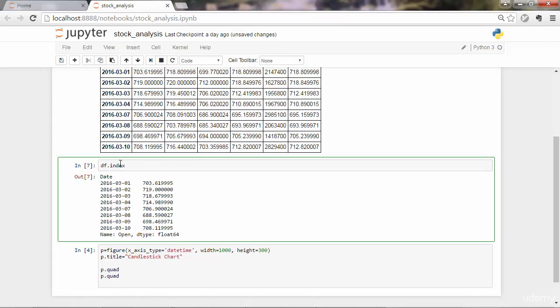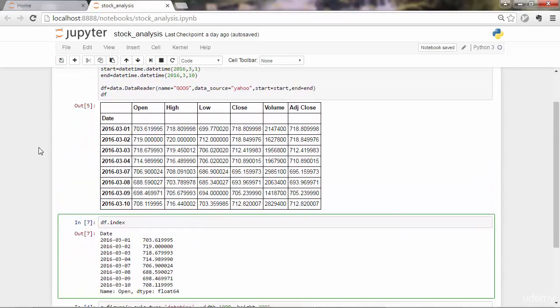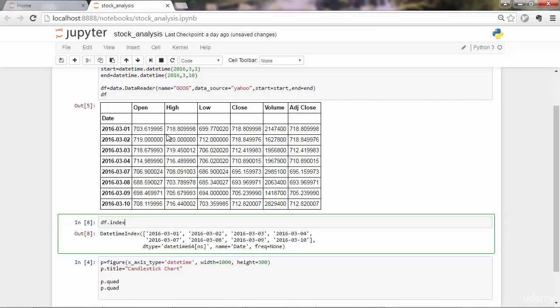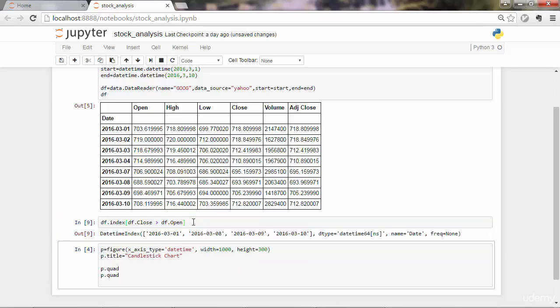So how about filtering only the rows of the data frame where close is higher than open? Well, with df.index you select the entire date range, so we need only the cells with close higher than open. That means out of this range you need to make another sub-selection, which would be like df.close higher than df.open. So this is like a condition that is applied to this range. Now if I execute this, I get only